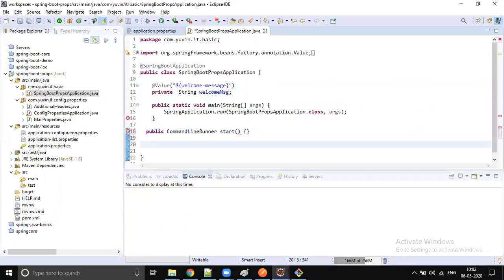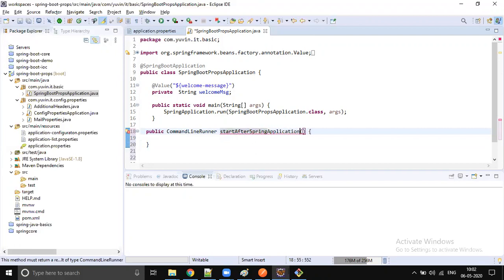Just mark it as start, start after Spring application initialization. So you don't need to give such a big name, as we already know this method will execute after Spring initialization. Just give a small name called start.